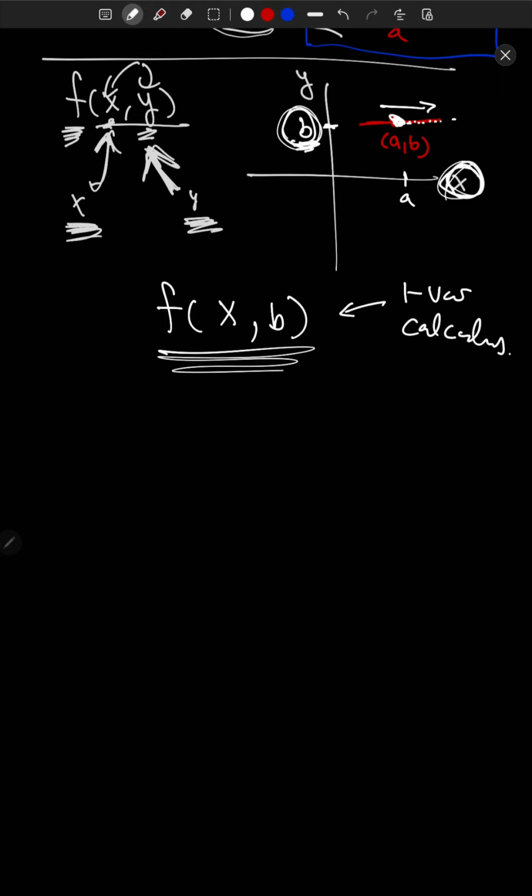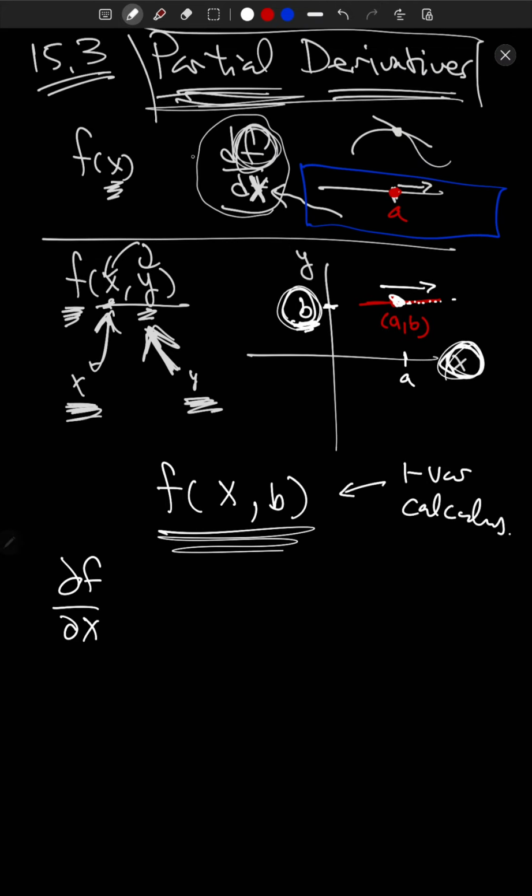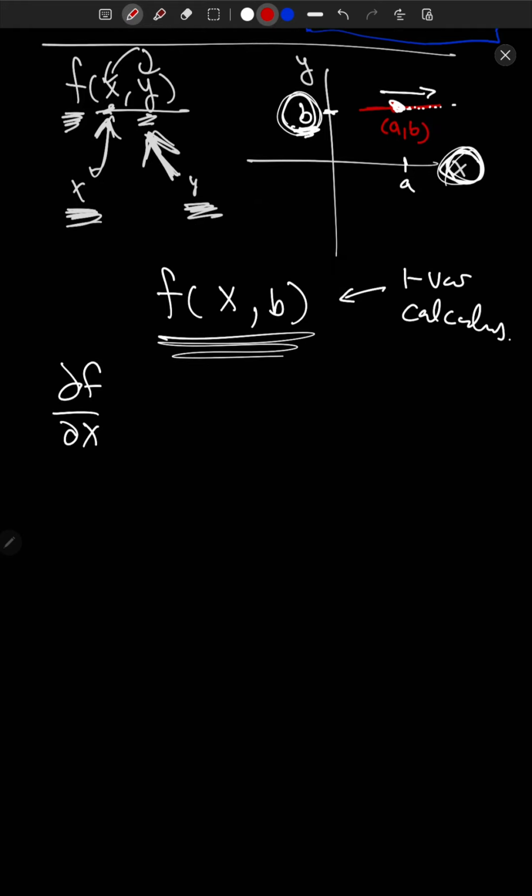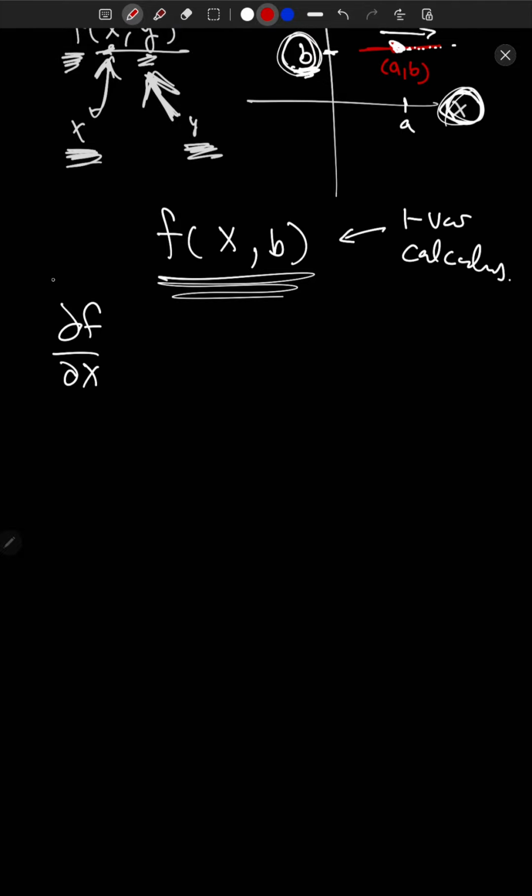And that exactly is the partial derivative of f with respect to x, all right? So our notation with partial derivatives is df dx with curly d's. Whenever we talk about derivatives of multivariable functions, we use curly d's as opposed to straight d's, as you'll see up here in one variable calculus. If your function depends on one variable, we use the straight d's. If your function depends on multiple variables, then we use the curly d's. Okay, so df dx is,